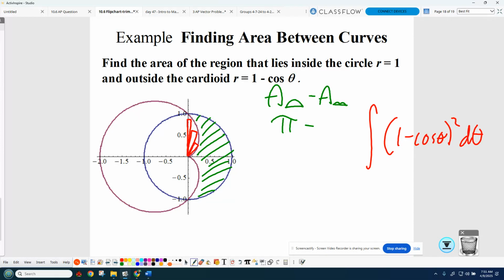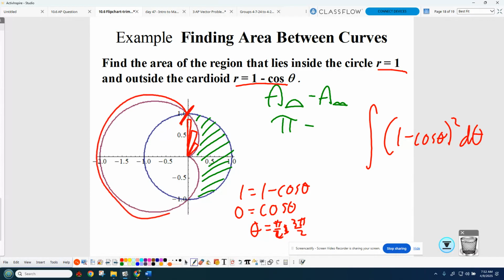I set 1 equal to 1 minus cosine theta. So where this equation and that equation are equal, which is where cosine is 0. Pi over 2 and 3 pi over 2, so you said to integrate the bounds where to where? Pi over 2 and pi over 2. Okay, careful. Pi over 2 to 3 pi over 2